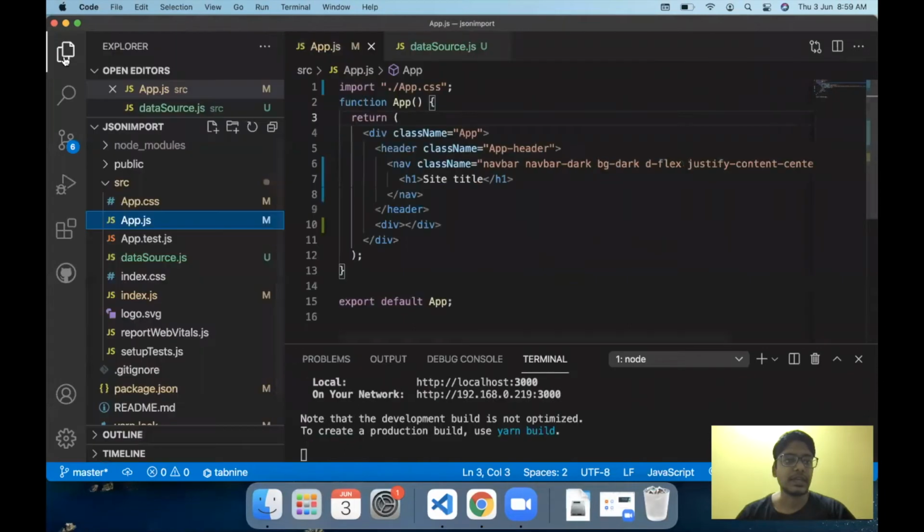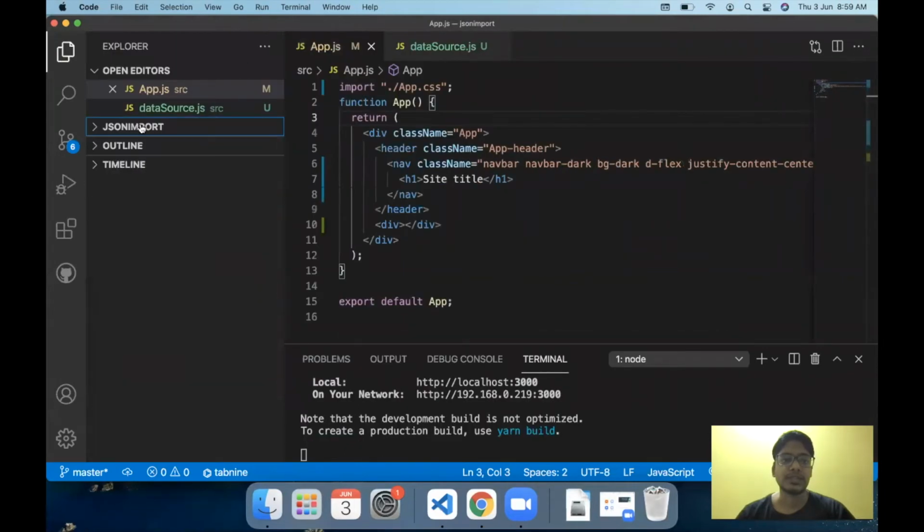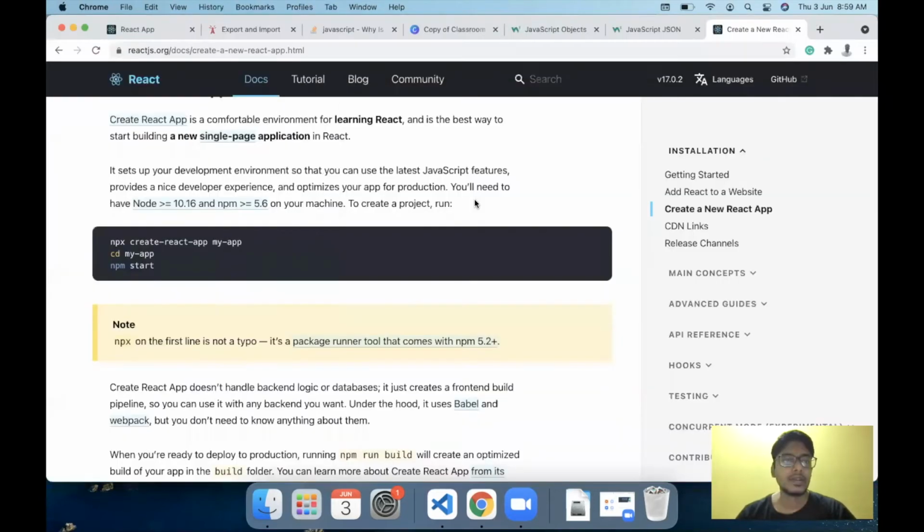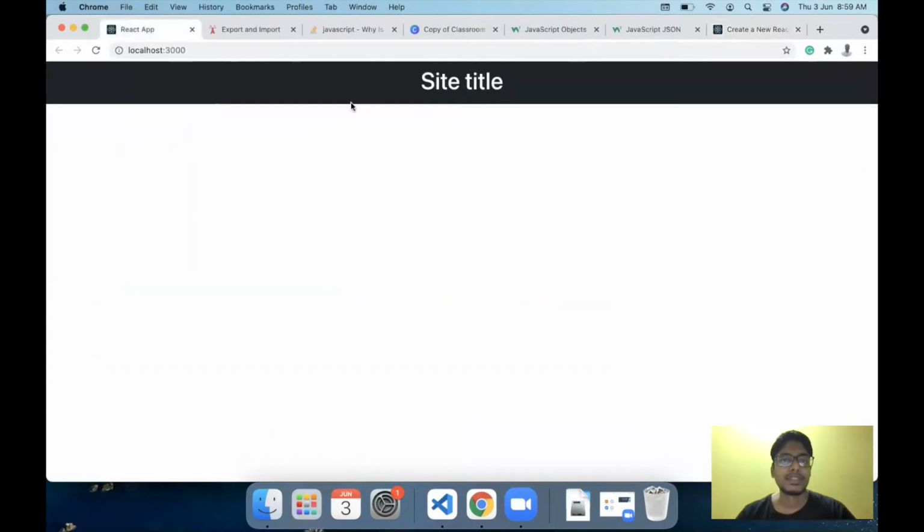Just like that, I have created a JSON import project. Within that project, I have removed the default header and we have a simple header with some site title. If we come back to our page, we will have a site title like this. I have Bootstrap imported, that is why the header is in black and the text is in white.